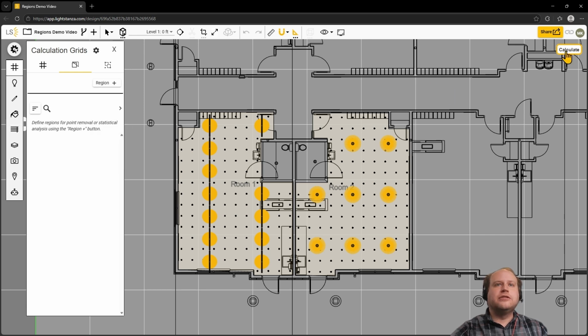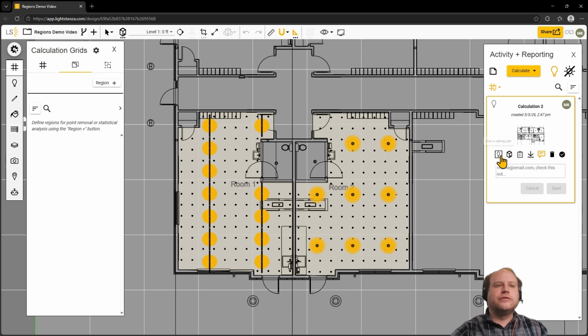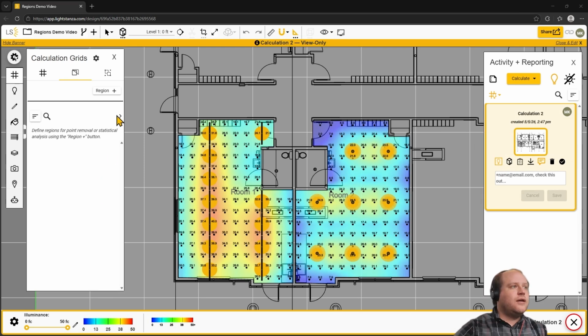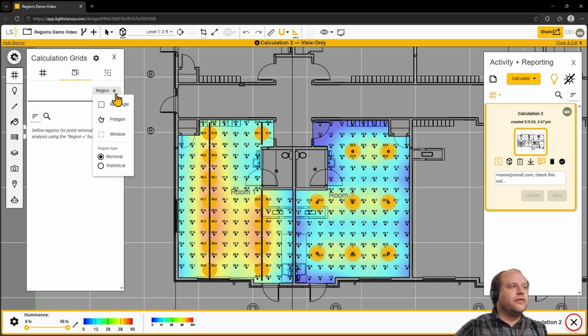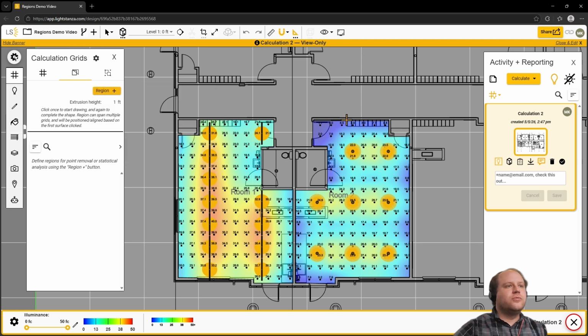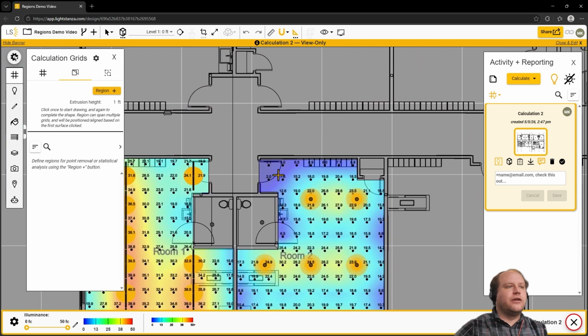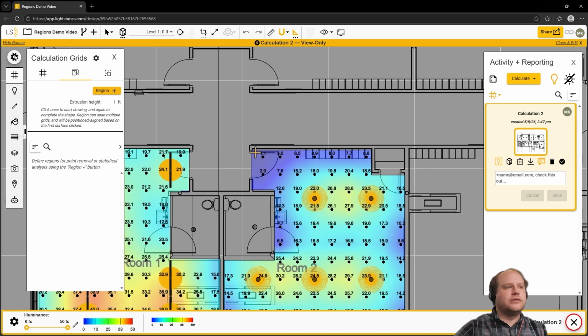For this example, let's turn on the calculation results from the previous simulation. Now, expanding the regions button, there are a few different region types we can add. To start, let's create a removal region using the rectangle option. The rectangle tool works by allowing you to select two corner points to create a box around the area of